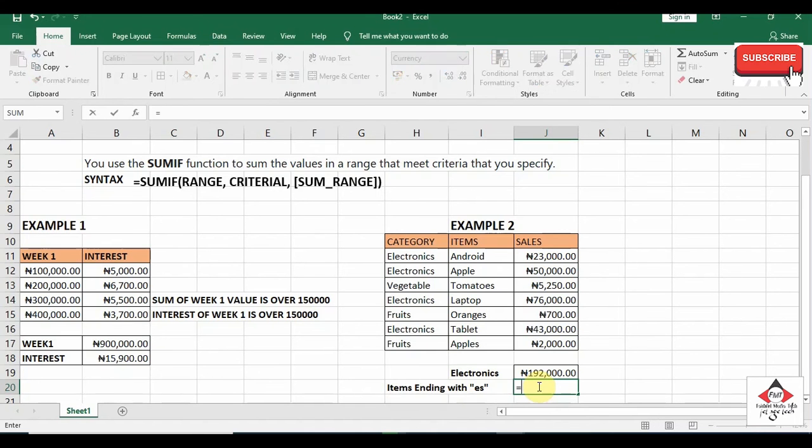So equal to SUMIF brackets. Now for me to tell Excel that I'm looking for specific letters, I must put an asterisk and then type the letters I'm searching for among the list of data I have. So I'm looking for only items with ES. Remember, you must put star, that is asterisk, before the letters you are looking for. So I close it back,